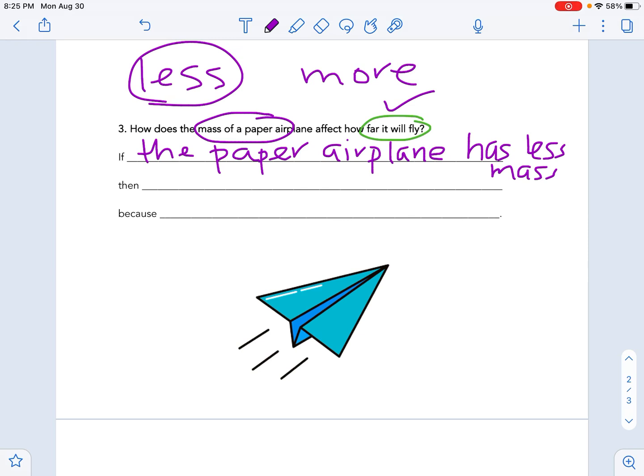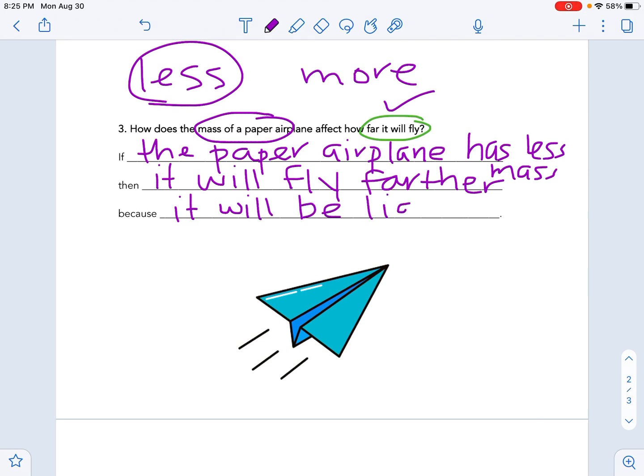I would think, well, then it will fly, no, I'm going to say farther. Remember, it is just an educated guess. So then why do I think an airplane with less mass is going to fly further? Because it will be lighter